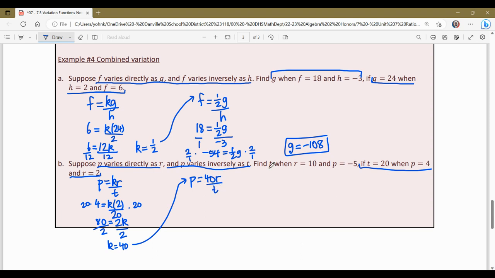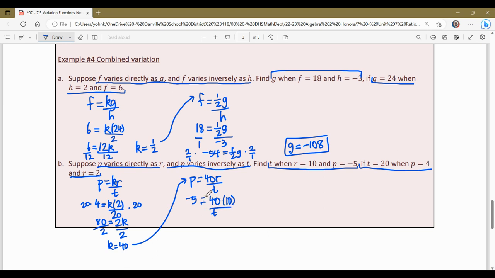Then we can use the rest of the information. Find T when R equals 10 and P equals -5. So -5 equals 40 times R, which is 10, over T. Okay, so why did that bar go all the way over? Sorry. Okay, so